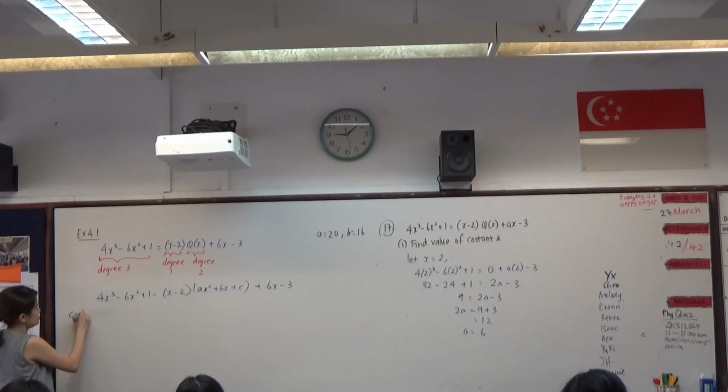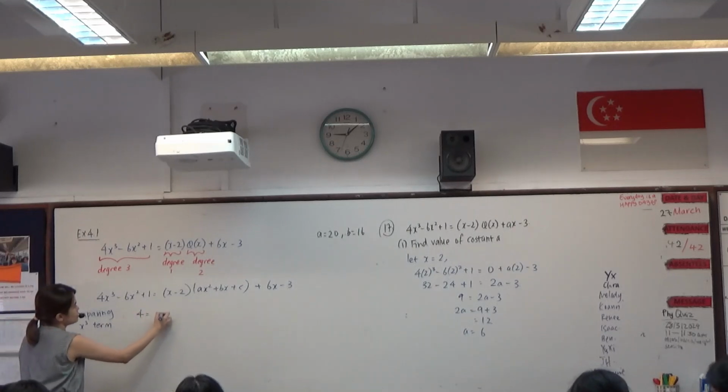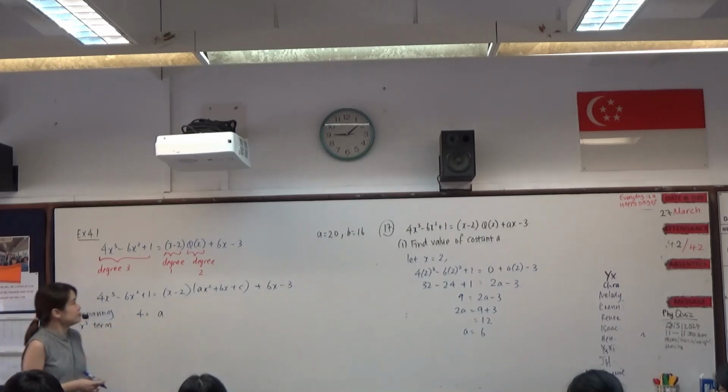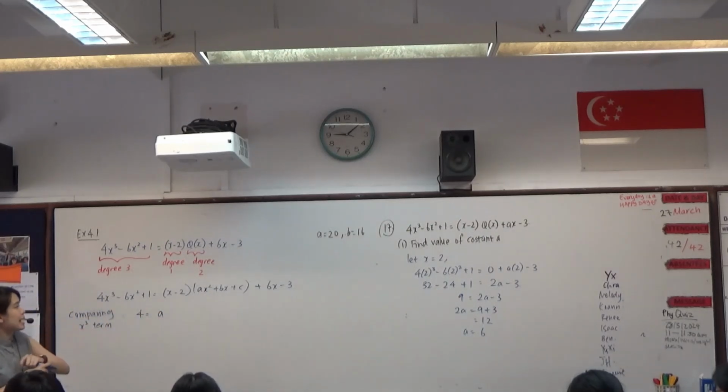So comparing the x cubed term, 4 is equal to a, because x times ax squared. Okay? Right? Then to get the value of b, if you want to compare the coefficient of x squared,